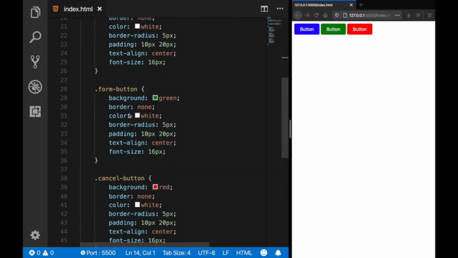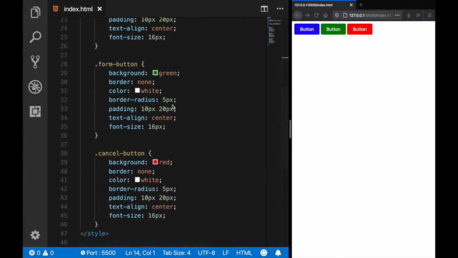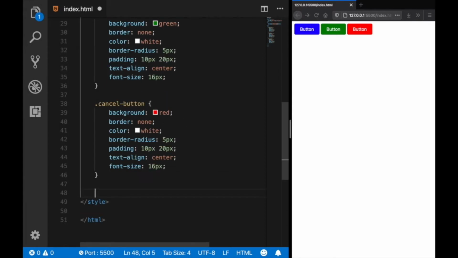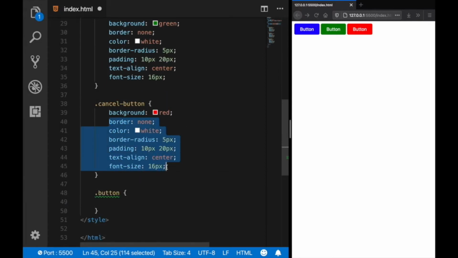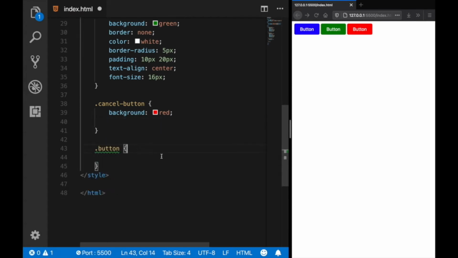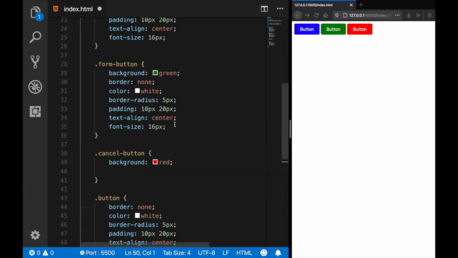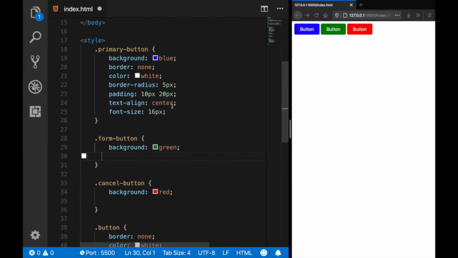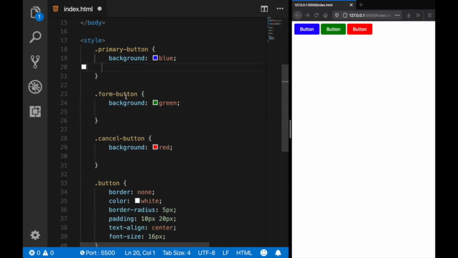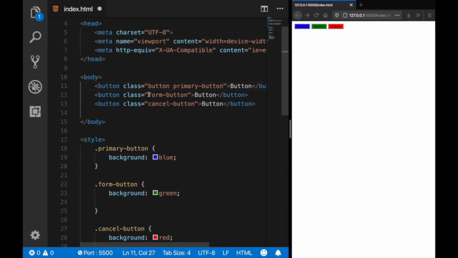So what we want to do here is taking the common rules into an additional class. So let's create here a new button class and copy the common rules inside of it. Let's clear this one and also this one. And finally, we need to add our new class here inside the HTML, which did exactly the same job, but